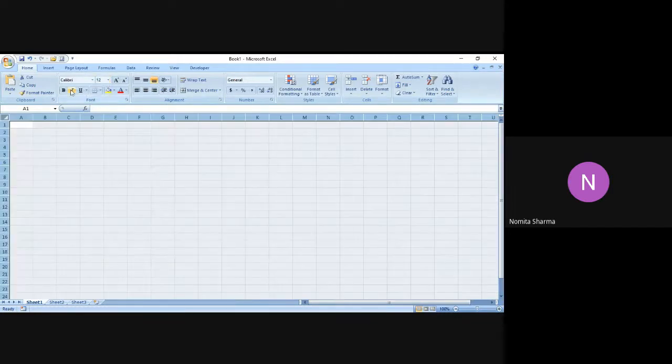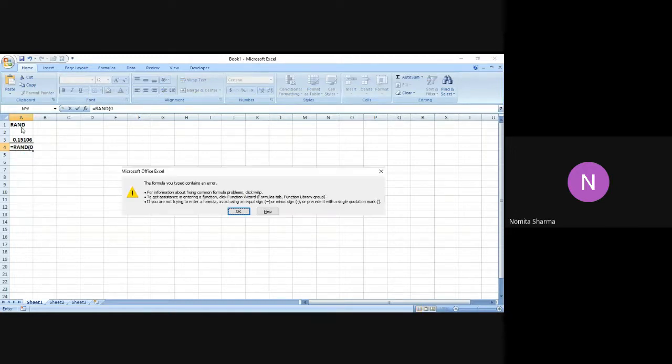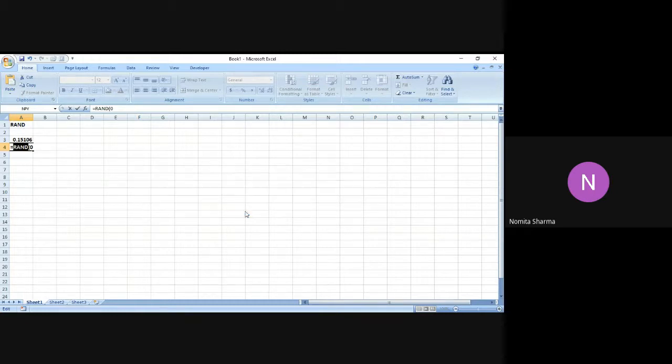If I do the RAND function, we have done that, it is going to generate random numbers between 0 and 1, and every time I write this RAND function, it is going to generate a new random number. And the best part of the RAND function is that it does not require any argument.